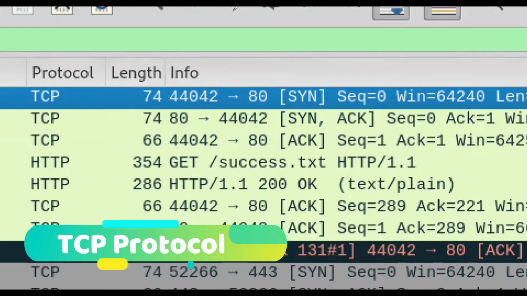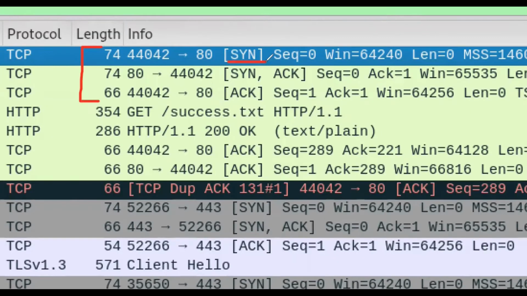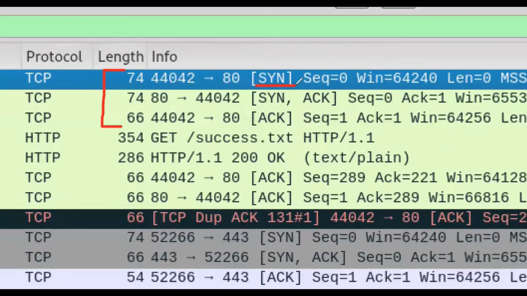Here we can immediately see where it tried to contact NIIT University's website via a three-way handshake. Here my computer first sends a SYN packet, and if the port is open, that is, if the port is listening, it will reply back with a SYN-ACK packet, letting my computer know that it is up and ready to receive any messages that my computer wants to send. And then my computer replies back with an acknowledgement packet.